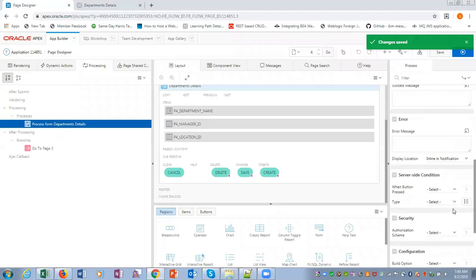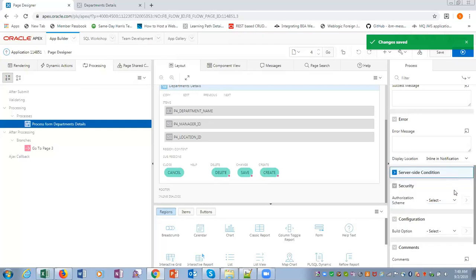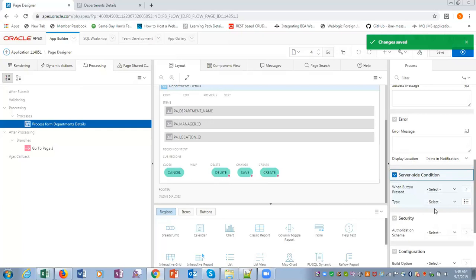Another important thing is this server side condition. You can give a condition for when this process would get executed. We have not given any server side condition, but you can say, for example, that when you click on the save button, this should get executed. But here we have not given any condition. So on page submit, every time